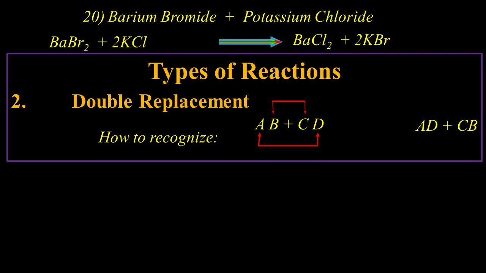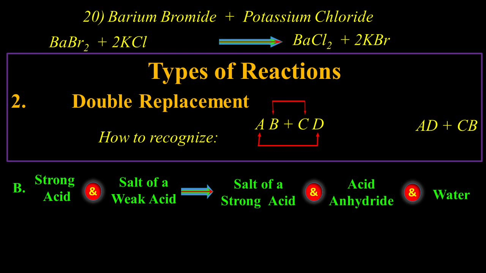Now the next is going to be a more complicated double replacement, because the weak acid that is produced will break down to an acid anhydride plus water. Now, let's look at what an acid anhydride is just very quickly, very briefly. An acid anhydride is a nonmetal oxide, such as carbon dioxide, nitrogen oxide, dinitrogen oxide, nitrogen monoxide, etc. These are all